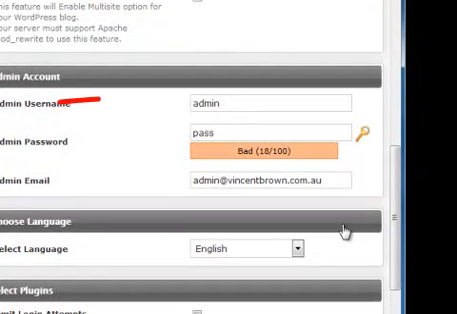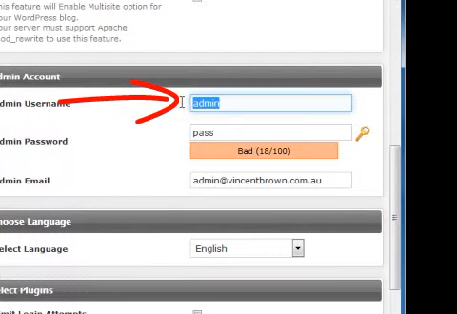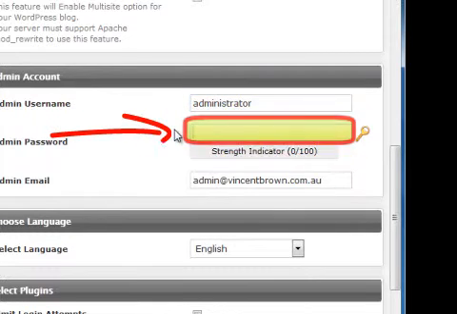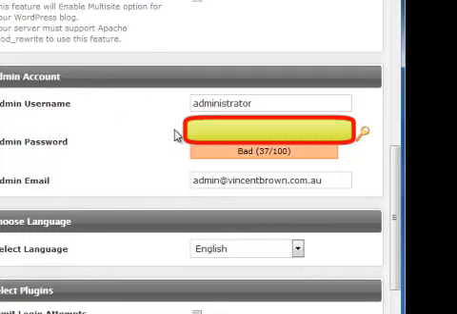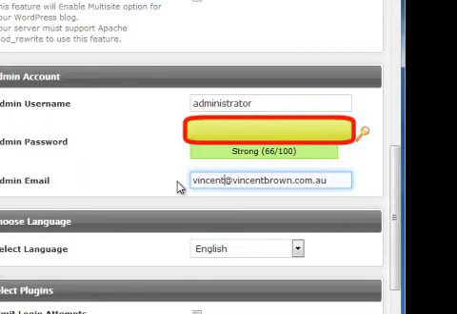The username and password should be very, very strong. I like to make mine administrator, and I like to put in a very powerful password that is unlikely to be guessed. Bring it up to strong. Alright, just remember what it is, otherwise it's a bit of a hassle after that. I want any system emails to come to me,